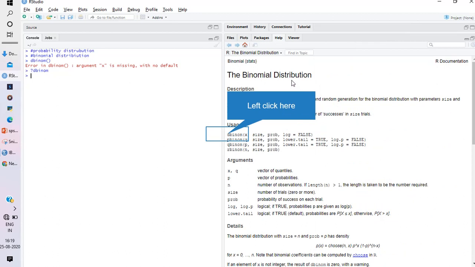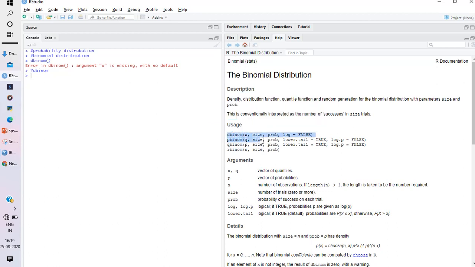Binomial distribution: description, density, distribution function, quantile function, and random generation for the binomial distribution with parameters size n and probability of success p. Here these are all the commands for the binomial distribution in R.